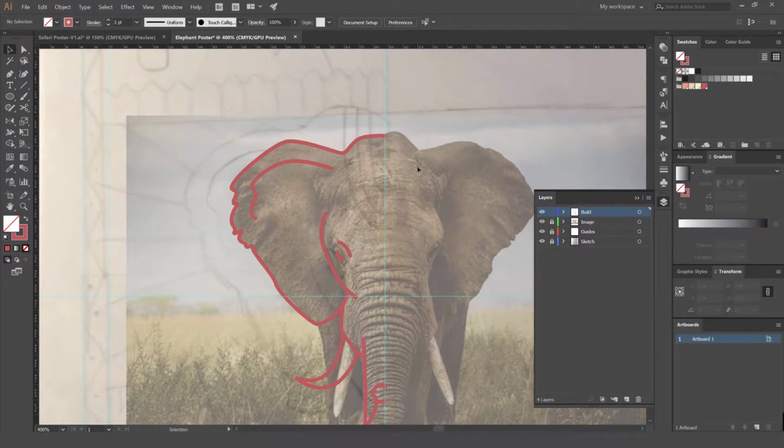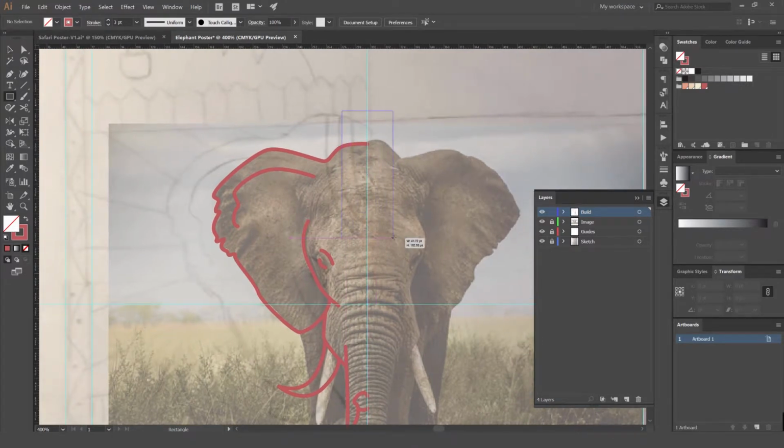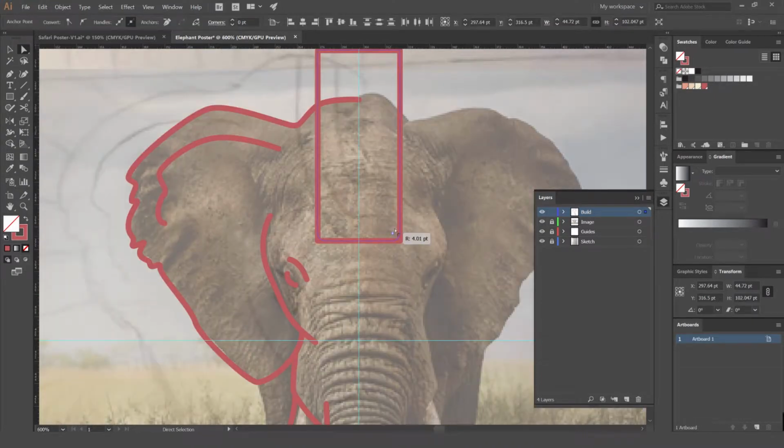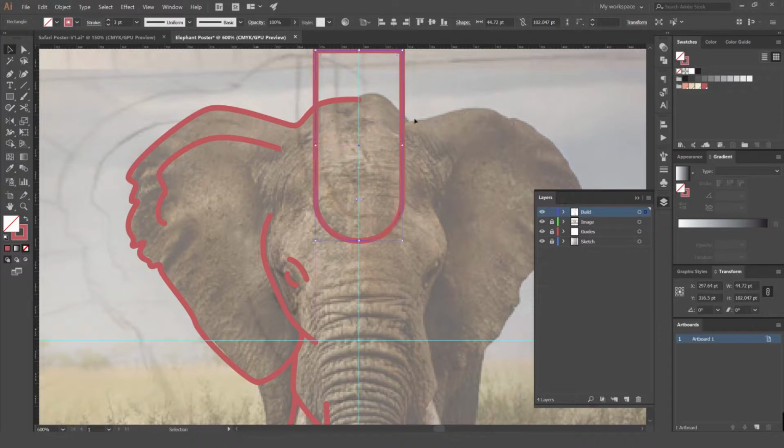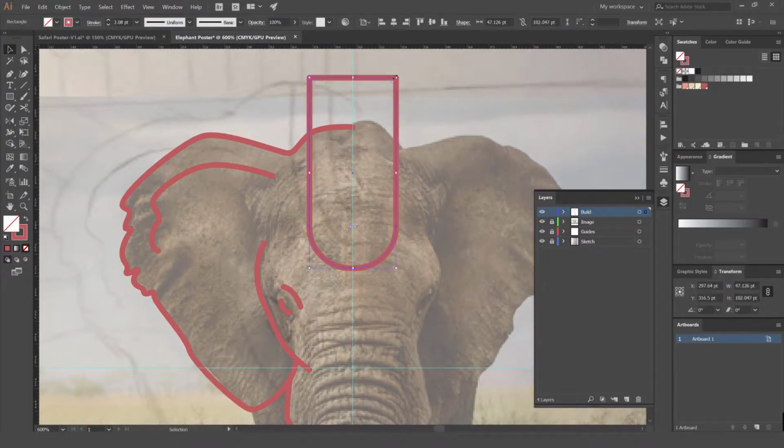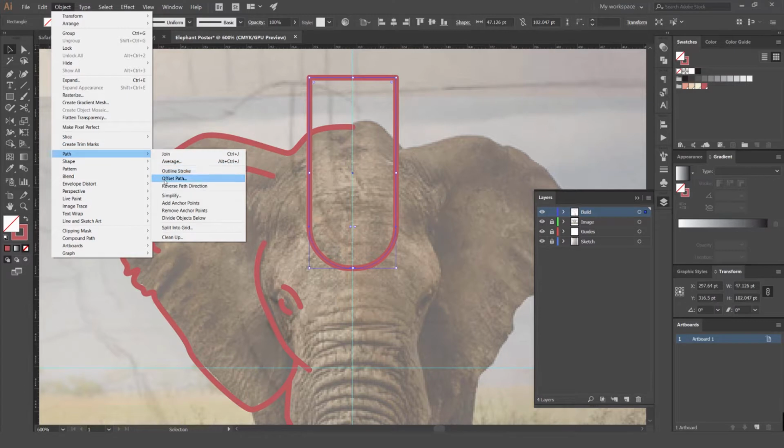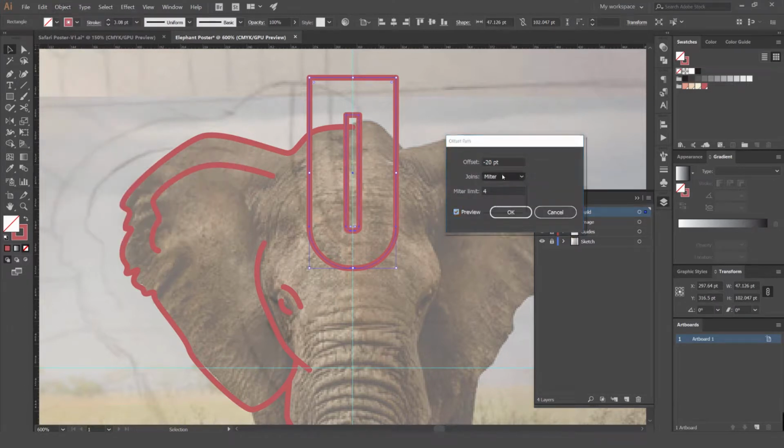So what you can actually do for this is just create a square or a rectangle. And I'm just going to press A for the direct selection tool and then round these corners off by selecting the little white balls. And then I'm just going to create copies of this and then bring it in. Just wait. Instead of that, actually we'll go to Object, Path, Offset Path, do Preview and tick round this time on the joints. And then we can just do it like this,